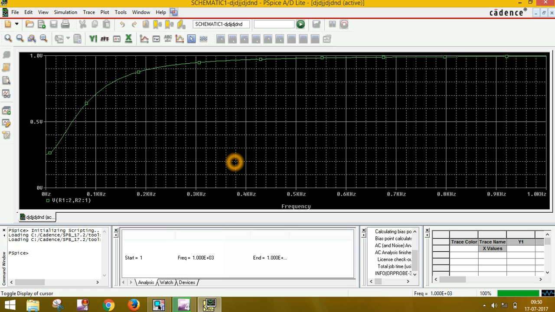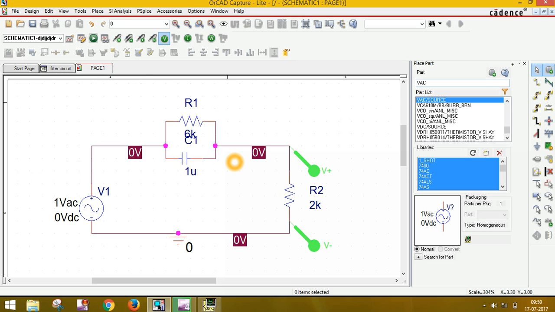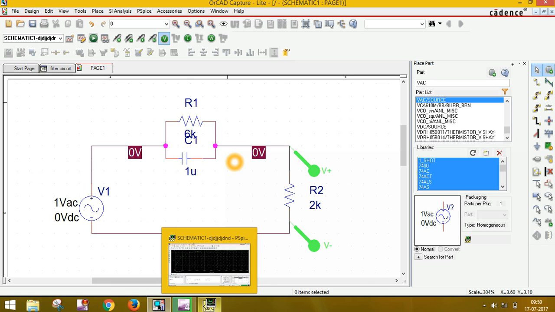Now you can also plot phase versus voltage. You can change phase also. In an AC circuit, if frequency is changing, the phase of the RLC circuit is also changing. What is phase? Phase is the voltage lag or lead behind the current in the circuit. It depends on the value of resistance and capacitance. So we also see the phase.